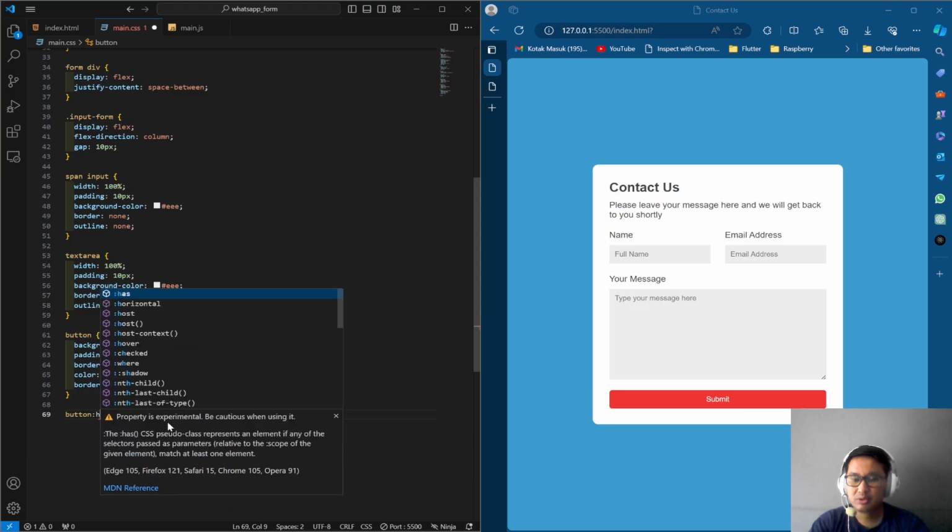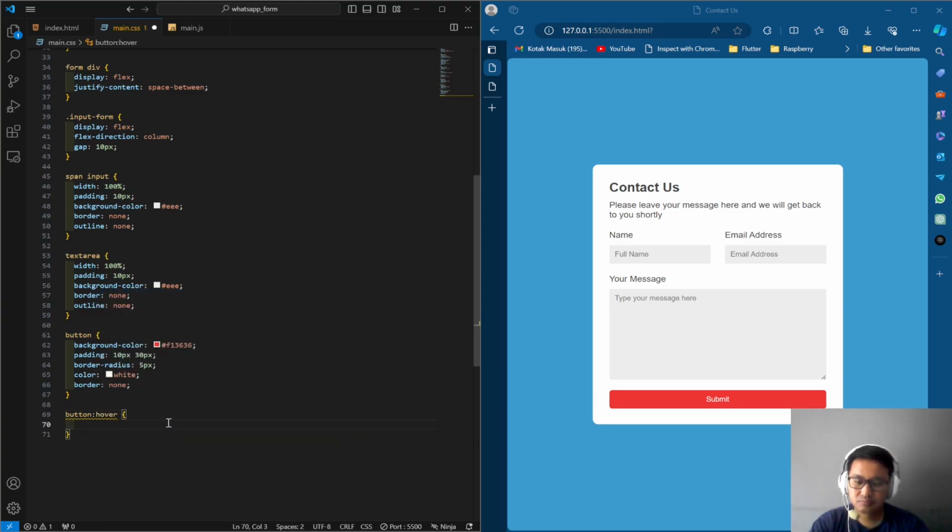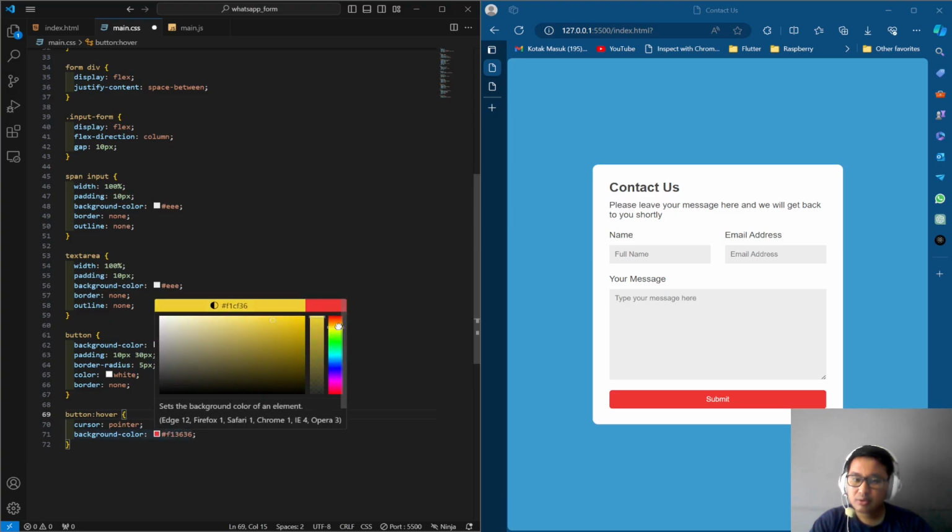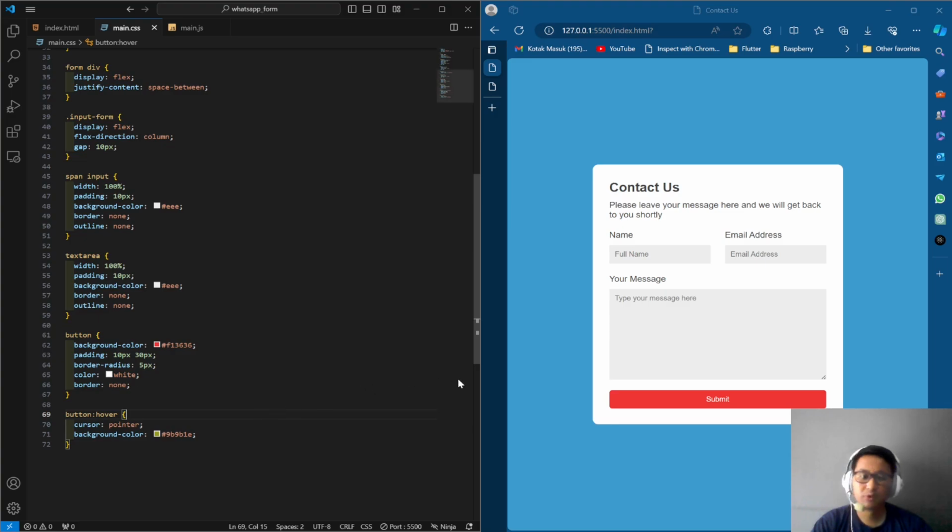We need to add button hover, cursor pointer, and the background color will be maybe yellowish. Okay, let's see. Okay, for styling I think it's enough, and we'll go with the